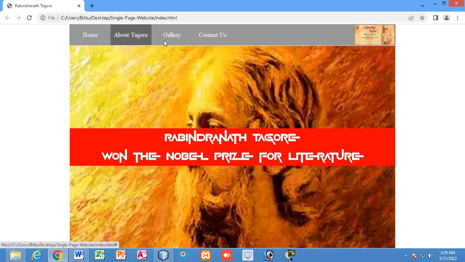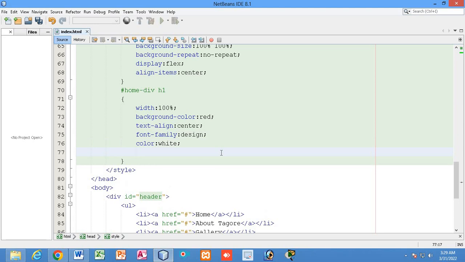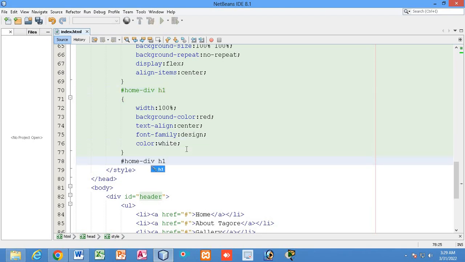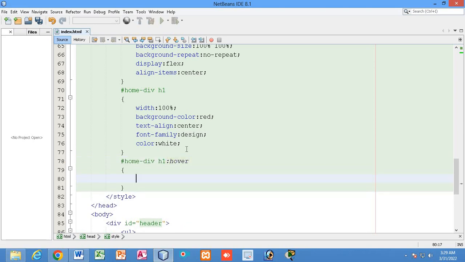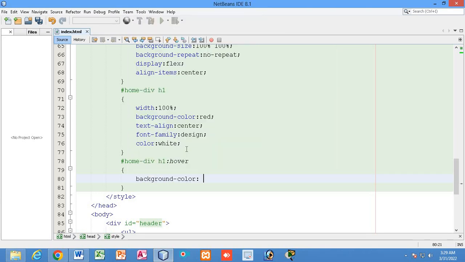You can also add a hover effect like this. So you can simply write here the background color, that will be black.